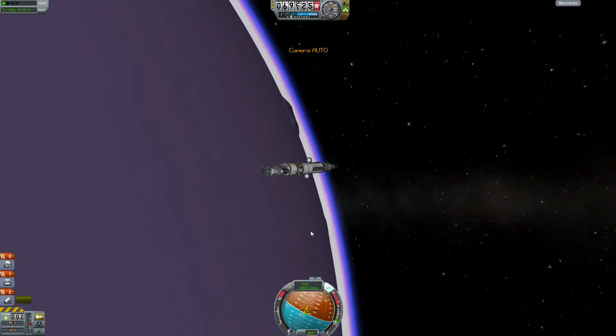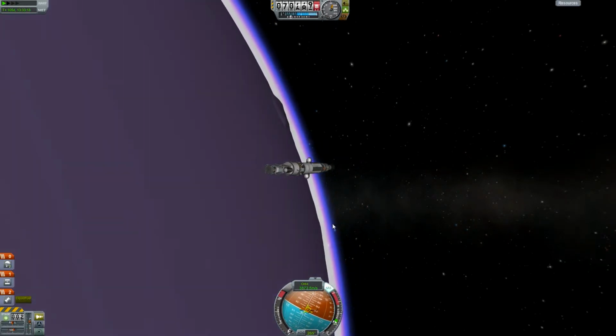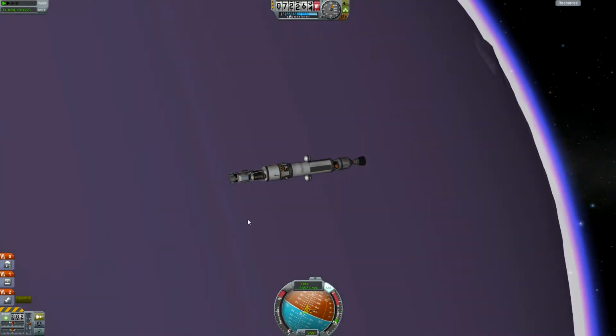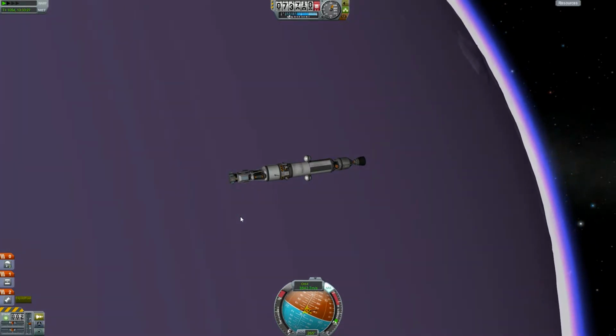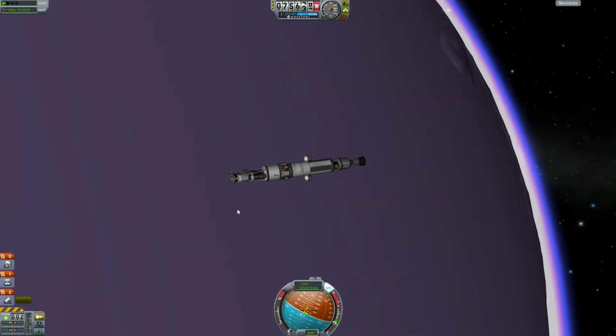And yeah, this is pretty much what I'm thinking about Eve, and about the future of my Moho Research Probe, that it will finally be an Eve Research Probe and fall back to the surface of Eve and hopefully have a gentle parachute landing. And then,